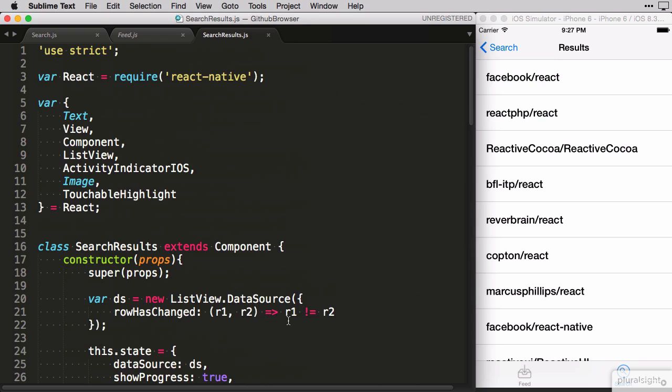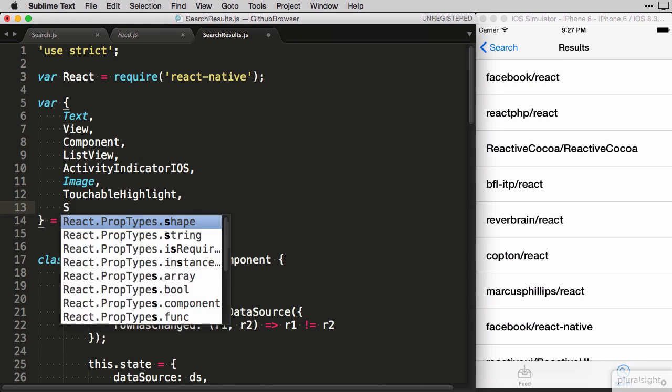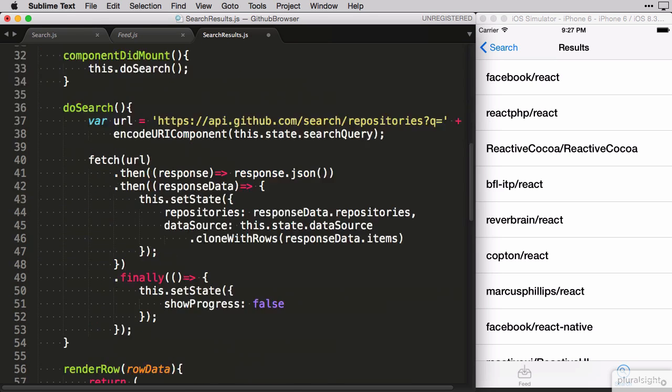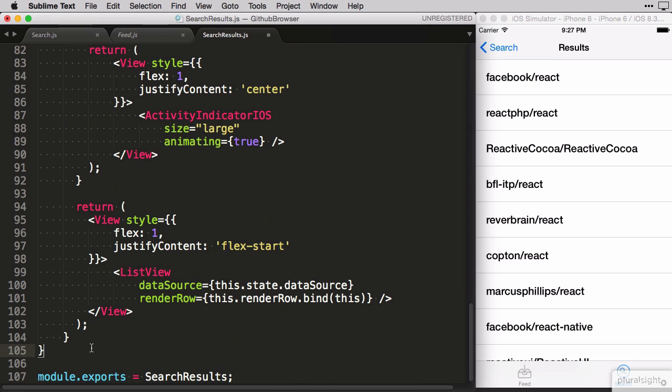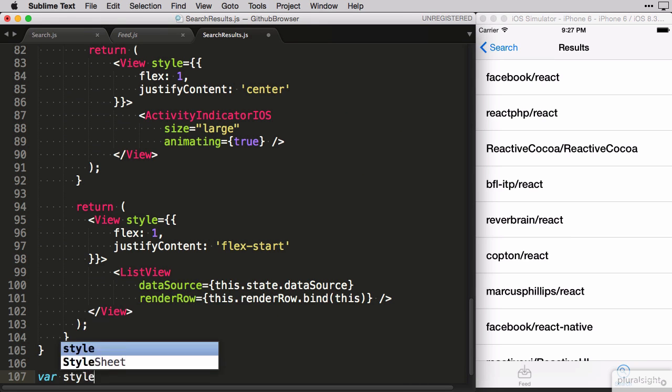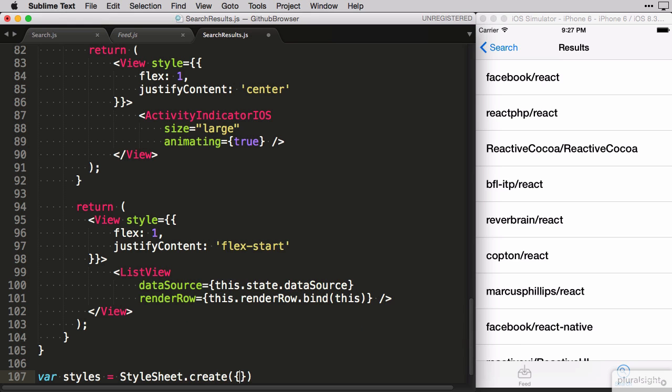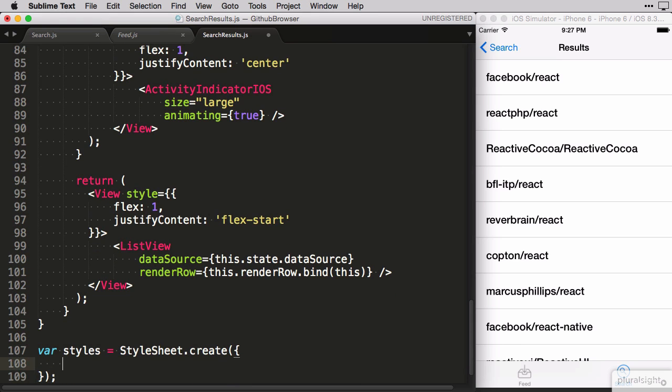Before we start binding to data in here, we need to pull in a style sheet. We're going to have 3 very similar cells with a lot of repetitive styling shared between them, so it'll be worth our time to do it once in a style sheet and reuse it. And as we did with the other components, we define the style sheet below the component definition and call it styles. We assign that to the results of StyleSheet.create and pass that an empty object, which we'll fill up with